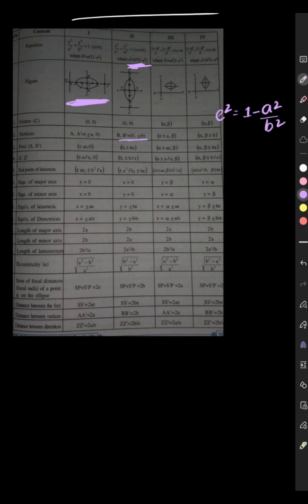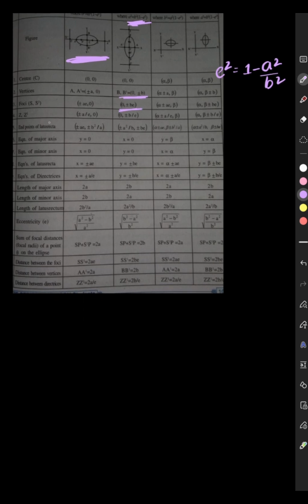The vertices are going to be (0, plus or minus b). The foci (0, plus or minus be). The directrices y equals plus or minus b by e. End points of latus rectum will be (plus or minus a square by b, plus or minus be). So I'd recommend you learn the length of latus rectum, and using that you can find the